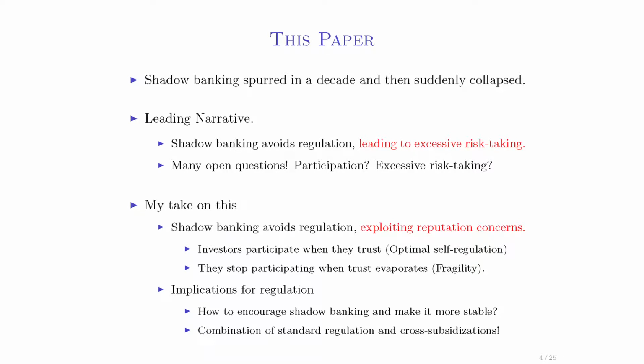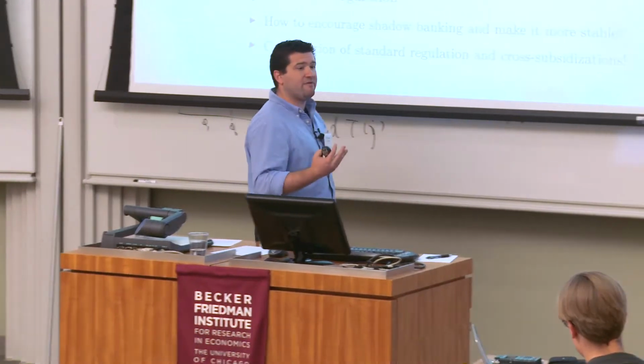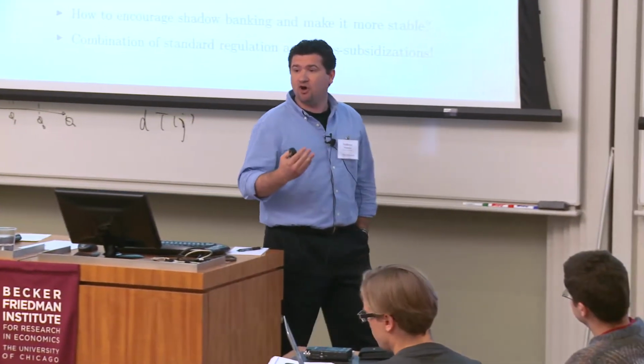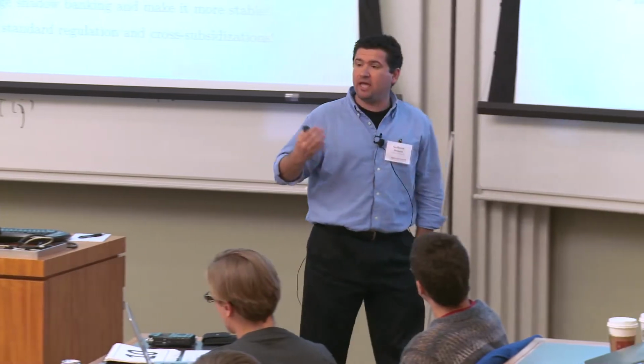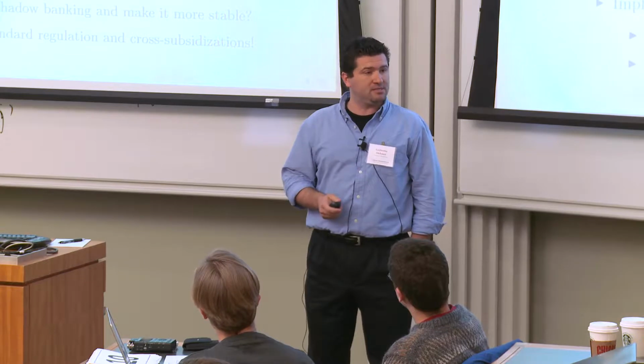There are many open questions, if you think, in this story. One is why investors participated in this shadow banking in the first place. And then why they participated at very low rates, as if they were participating in traditional banking. So some people will tell you because they are non-sophisticated, they didn't know what was going on, maybe. But then you would expect a lot of excessive risk-taking happening before the crisis, and to be honest, there is no evidence about that at all. In fact, there is more and more evidence arriving that there was nothing wrong with the assets that were originated before the crisis. All right?